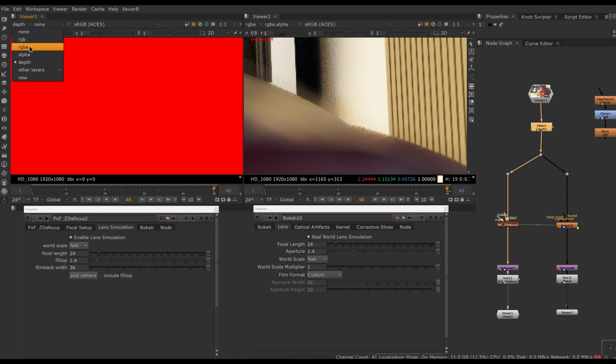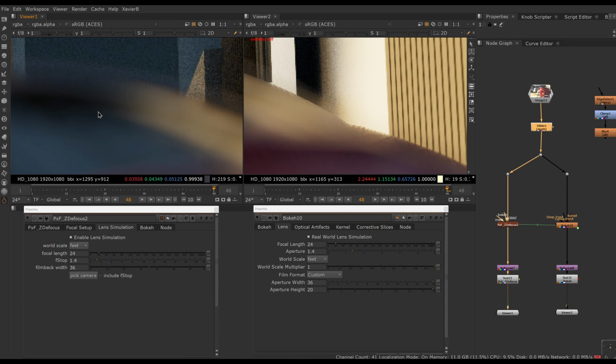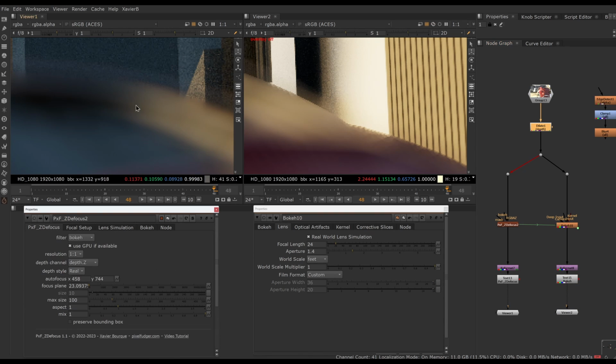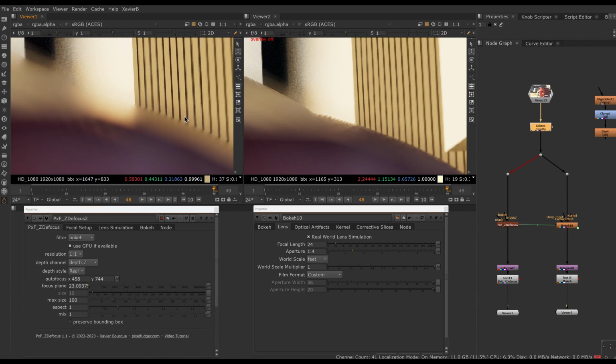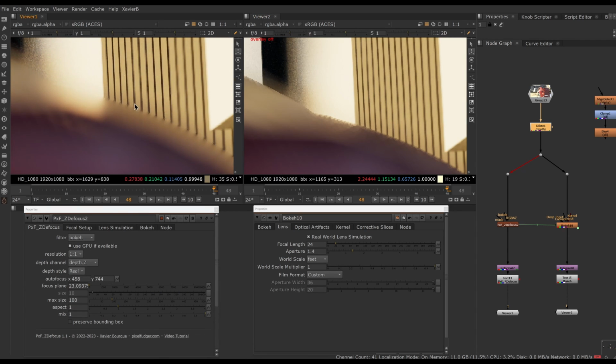You can use a dilate node on your depth pass if you need to clean up your edges. Just do a single pixel, don't go overboard, but you can see the difference here between before and after. So now that we have a proper depth pass, we can really compare the inpainting feature. So if you compare both sides, you can see that the ZDefocus is trying to inpaint the background, trying to